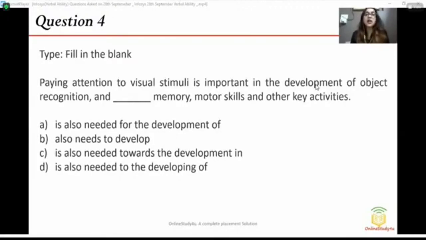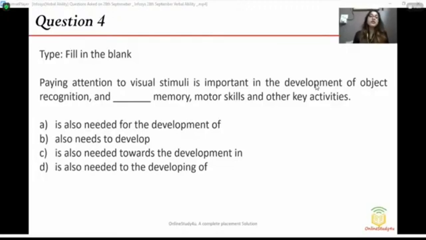So paying attention to visual stimuli is important in the development of object recognition and is also needed for the development of memory, motor skills, and other key activities. Paying attention to visual stimuli is important in the development of object recognition and also needs to develop memory, motor skills, and other key activities. Paying attention to visual stimuli is important in the development of object recognition and is also needed towards the development in memory, motor skills, and other key activities. And lastly, paying attention to visual stimuli is important in the development of object recognition and is also needed to